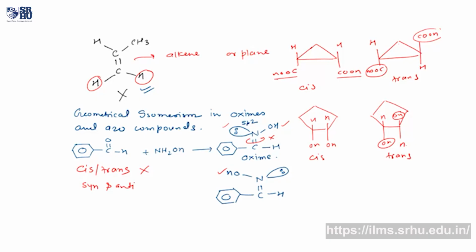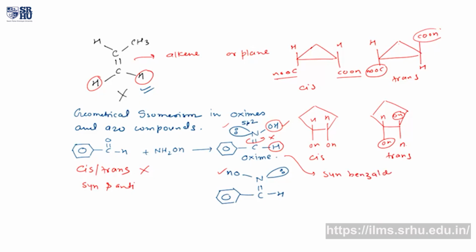Okay, we use syn and anti for these things. Now the question is, what is syn and what is anti? Syn is the name given to those oximes in which the OH and H groups lie on the same side of the double bond. So the name of this compound is syn